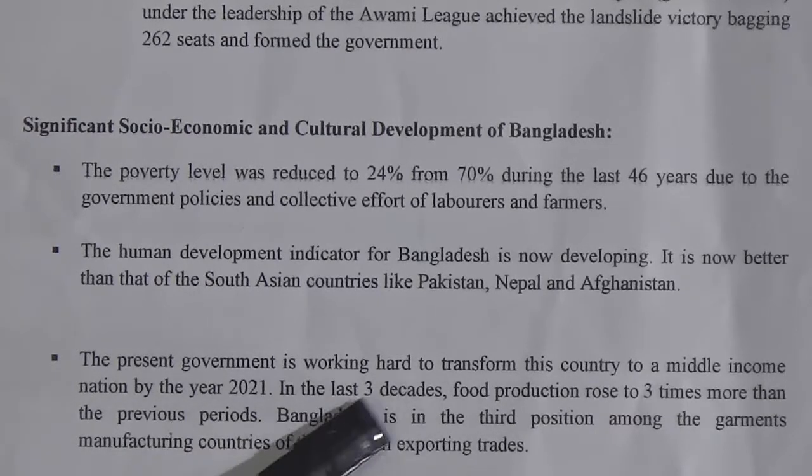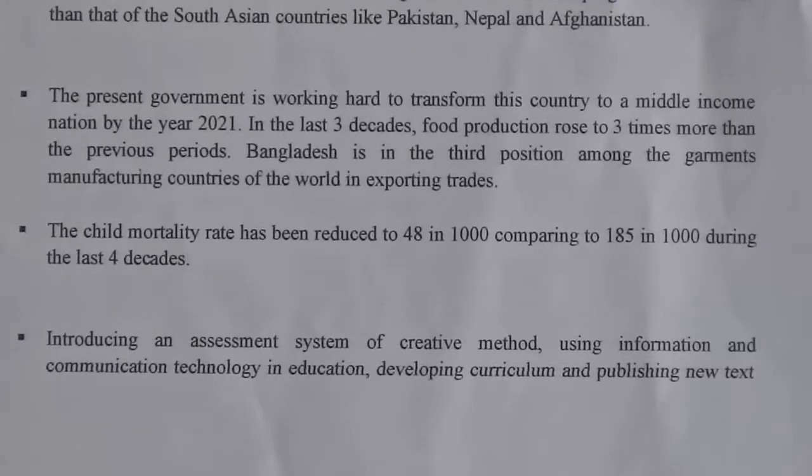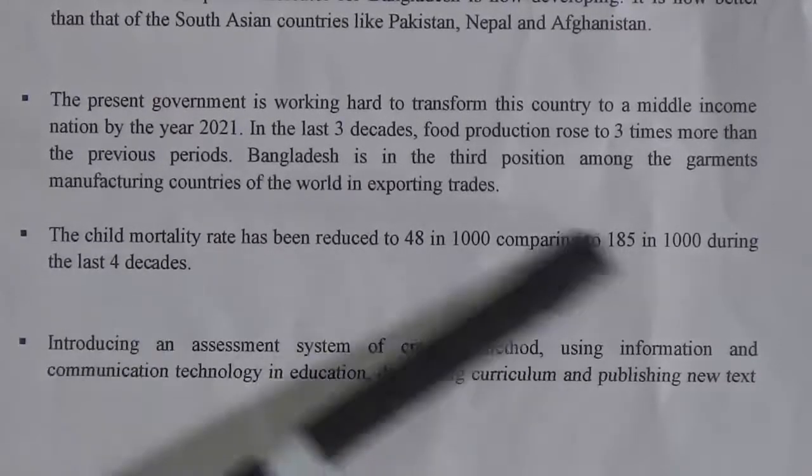In the last 3 decades, food production rose to 3 times more than the previous periods. Bangladesh is in the 3rd position among the garments manufacturing countries of the world in exporting trades. Okay, so you see that the trades are also improving